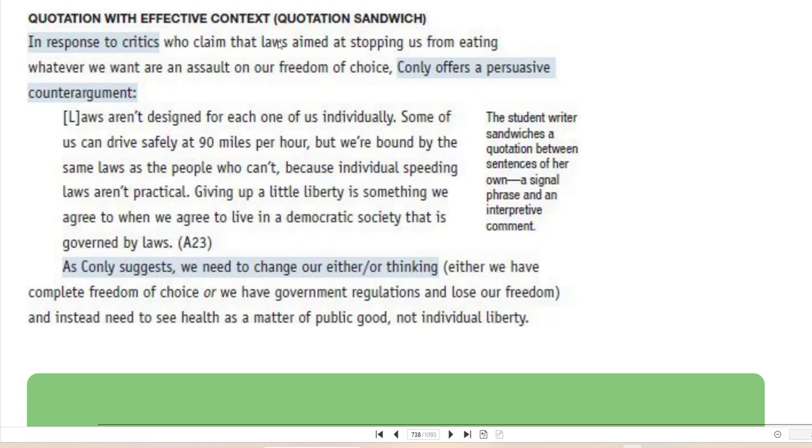And so that is also called a quotation sandwich, in which you sandwich your quotations between your ideas, or between your sentences. So as Conley suggests, we need to change our either-or thinking. Either we have complete freedom of choice, or we have government regulations and lose our freedom, and instead need to see health as a matter of public good, not individual liberty.